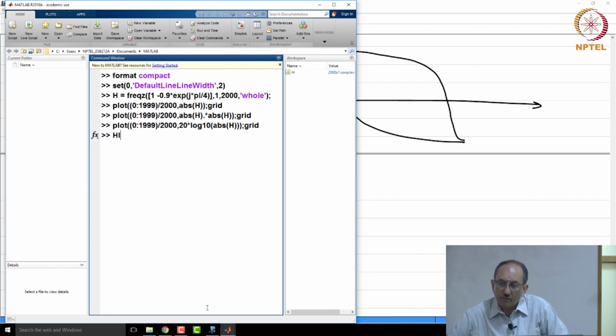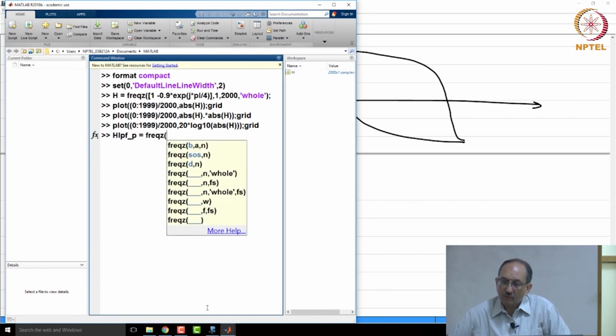So, I have each LPF I want, and this is realized using a pole. So, this is the frequency Z. I have B comma A comma N, and the transfer function is 1 by 1 minus A Z inverse. Let me make the numerator 1 minus A. If I make the numerator 1 minus A, then I am normalizing the gain,